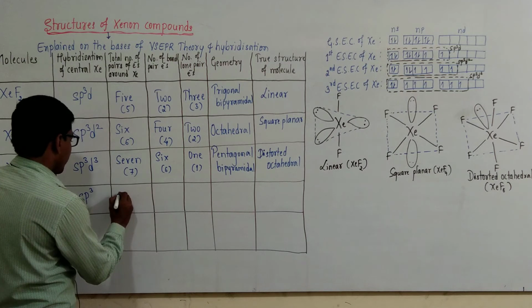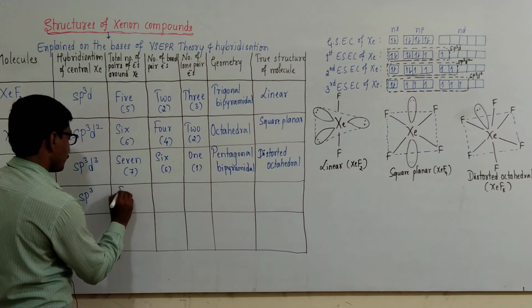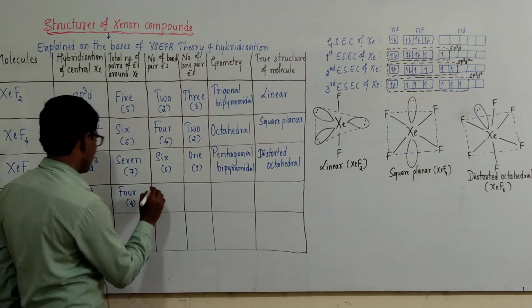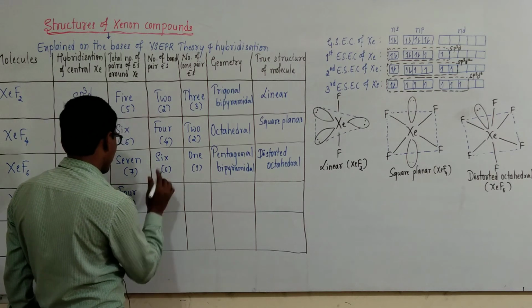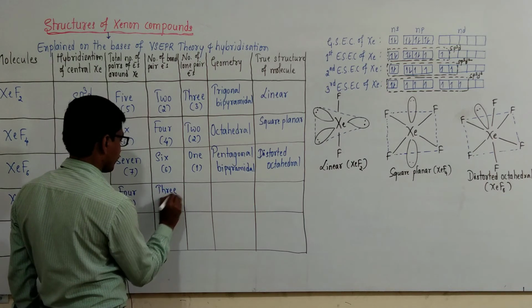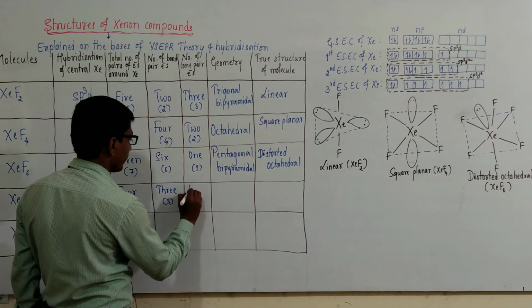And it contains a total of 4 electron pairs. In that, the bonding pairs are 3. Then the lone pair is 1,